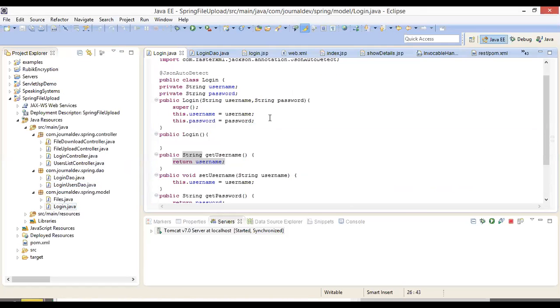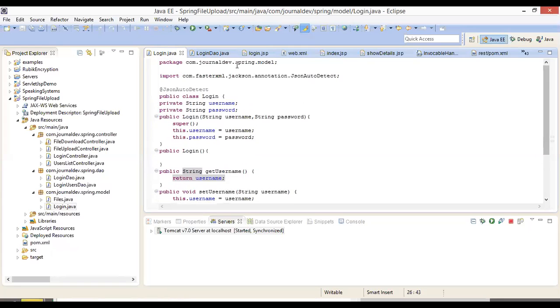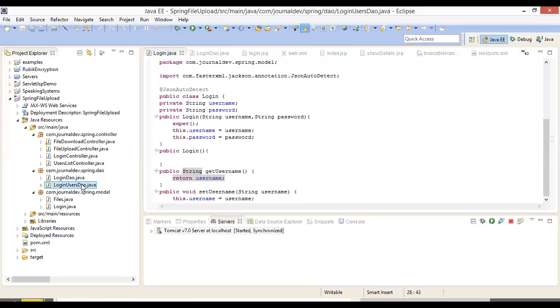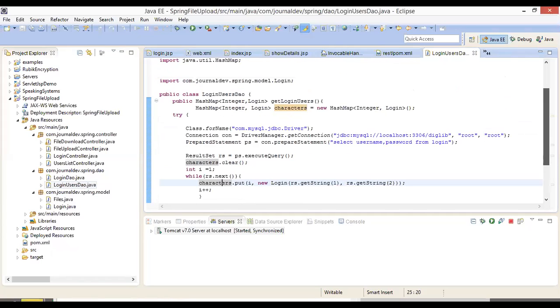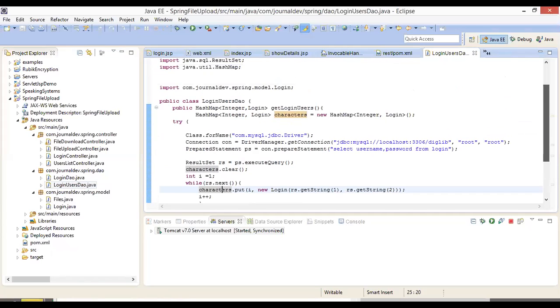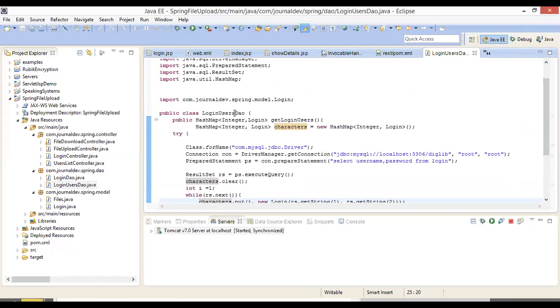It will convert that into JSON with this converter, isn't it? Because of Jackson annotation. I think it is clear. So now return that characters. Return what? Characters. What is characters? Hash map. So finally we are returning that using this DAO.